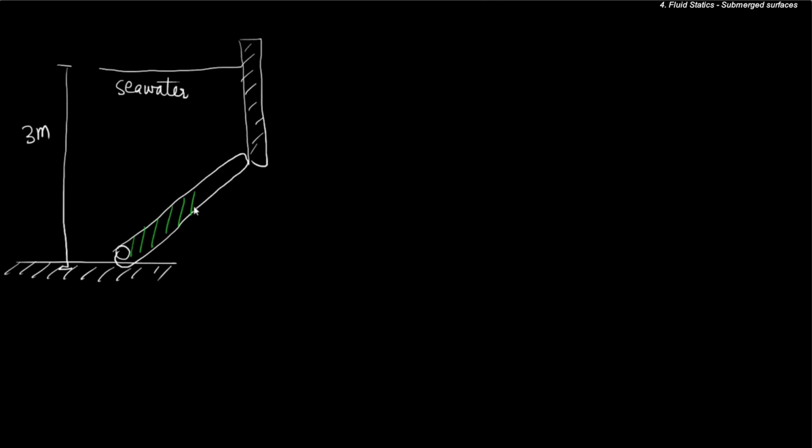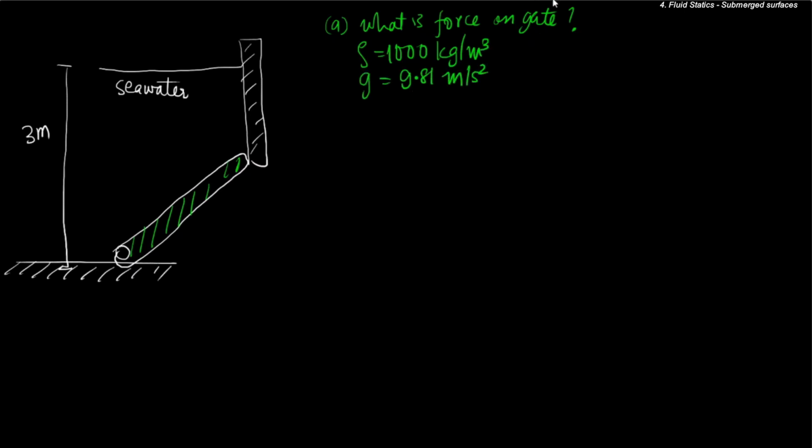So the question is, what is the force on this particular gate due to seawater? So A, what is the force on the gate? The density of water is approximately 1000 kg per meter cube, and gravity is 9.81 meters per second square. So the force acting on the gate, it is also given that the gate is 1 meter wide, that